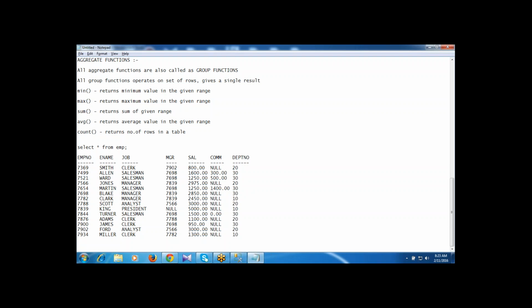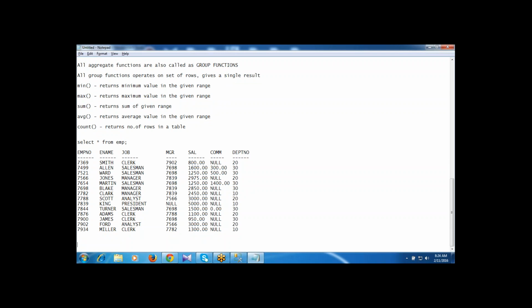So here I'm having the different salaries in the EMP table and different department numbers, different job titles. For all the salaries, for all the job titles, for all the department numbers, I'm operating the group function. Here I'm getting the single result for all the data.